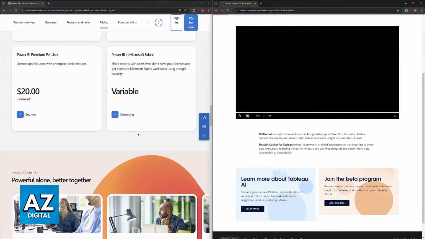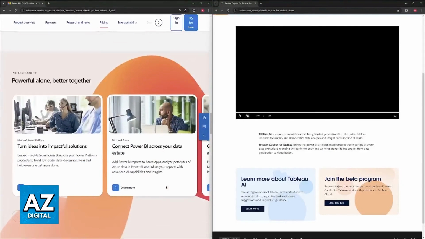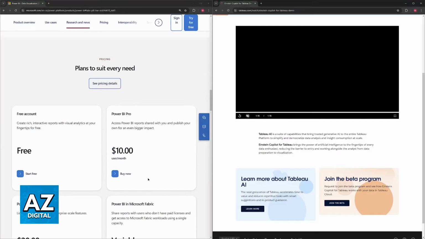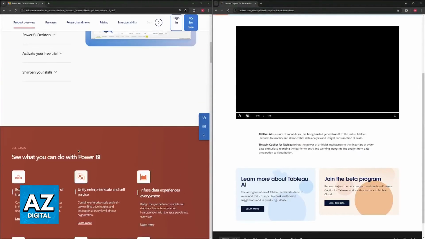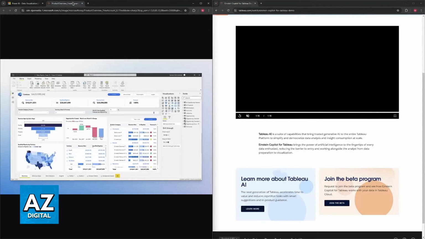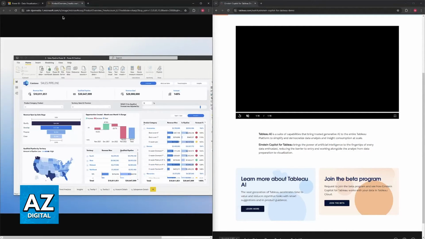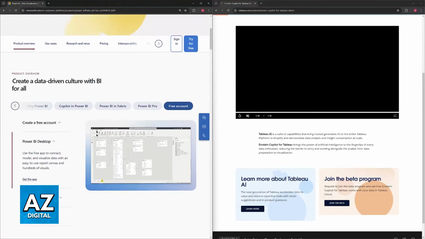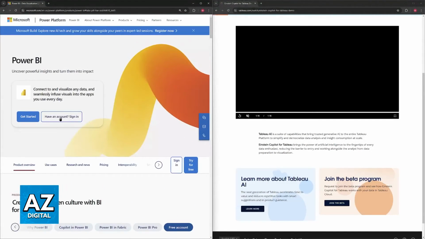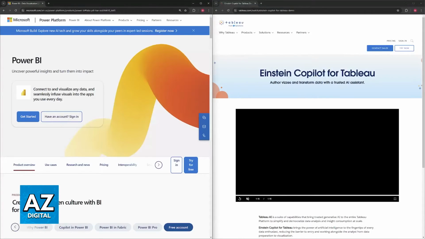It has Microsoft integration, so if you already use the Microsoft ecosystem like Excel and other tools, this might be best for you, and it offers a lot of collaboration features, allowing users to easily share and interact with dashboards and reports. So this is an example here of everything that is going to be allowed in the service. You will be able to find everything available here, and you can see how it looks, the pricing, and so on.